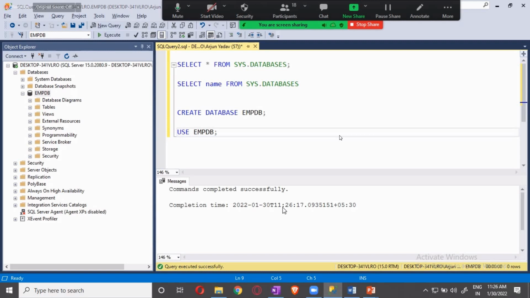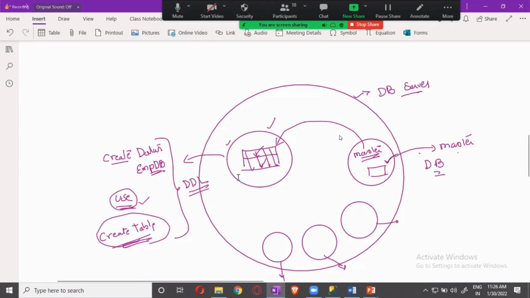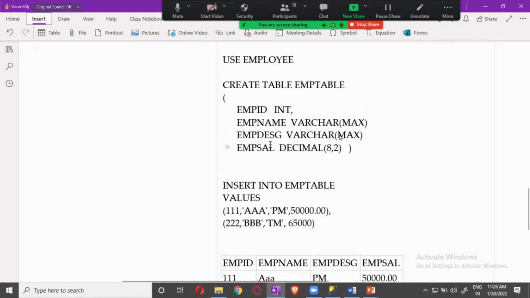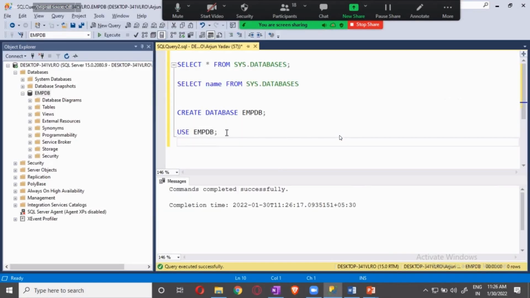Now we have created our own database and we jumped into that. Next one is to create the table, right? Our table structure will have the same structure, guys: EMP ID, EMP name, EMP designation, and salary. Now let me do this. First one,